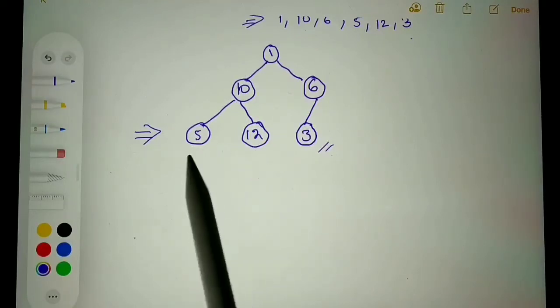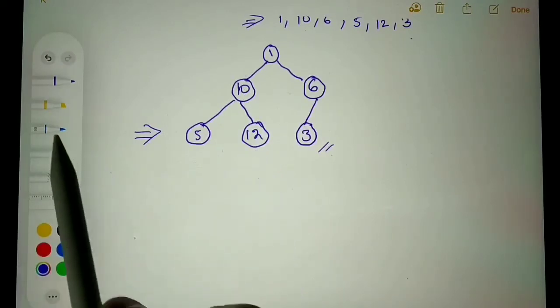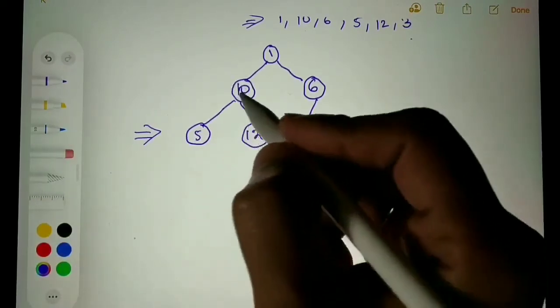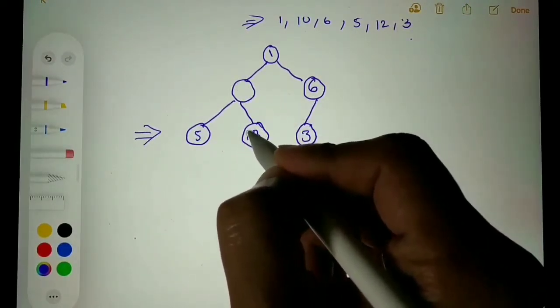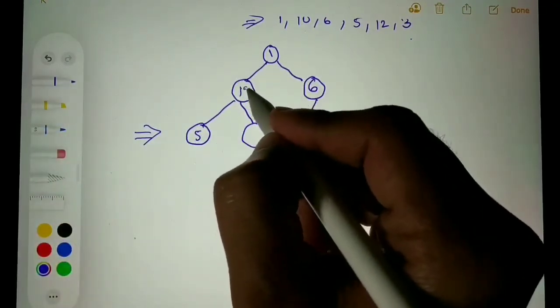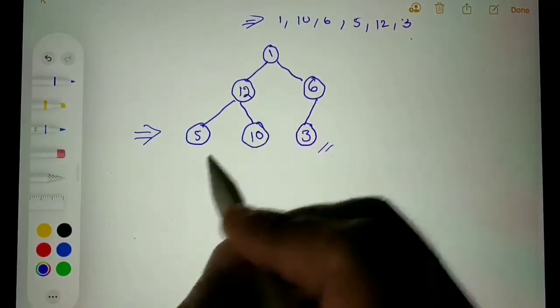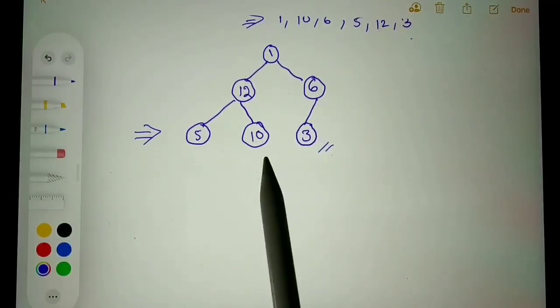Out of 5 and 12, 12 is the greater element. So we will swap 10 with 12. Twelve should come here and 10 should come here, and 10 does not have any children, so we can stop here.